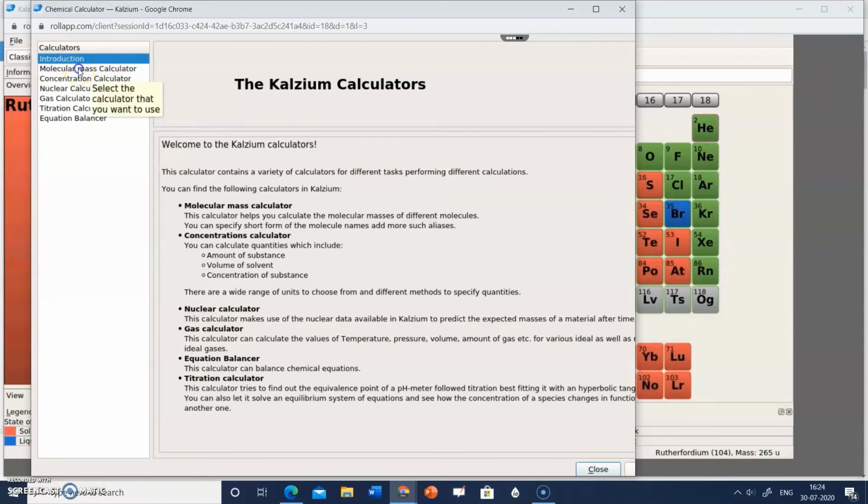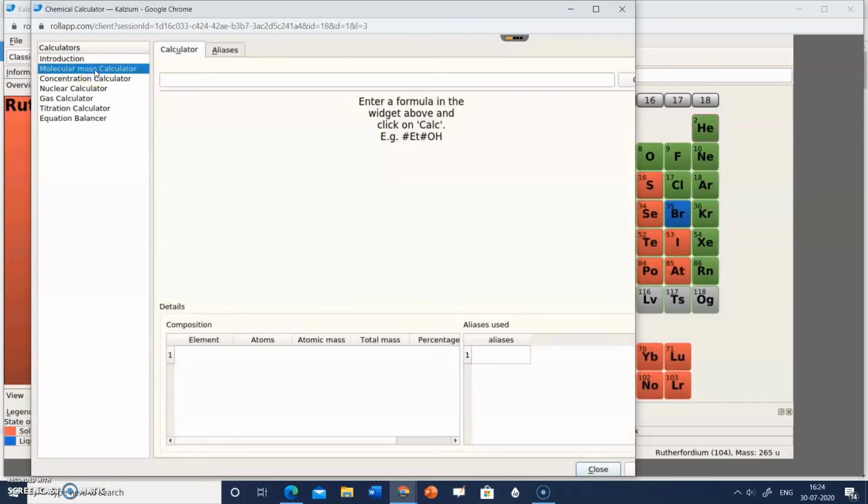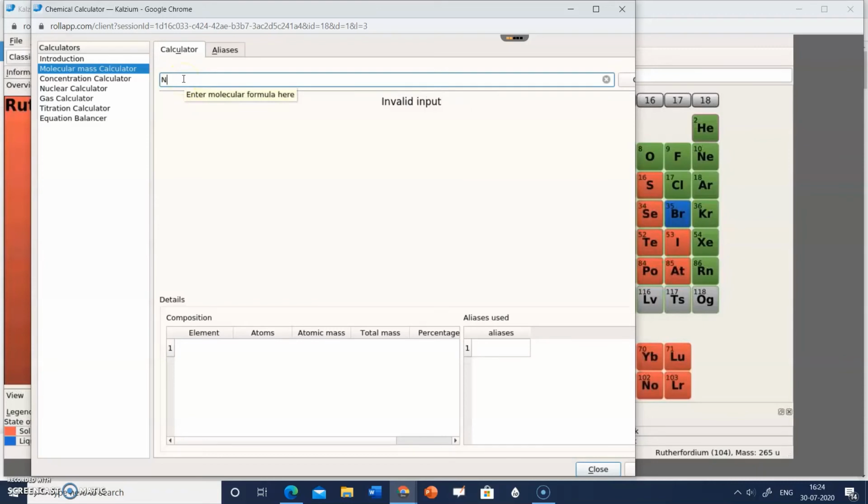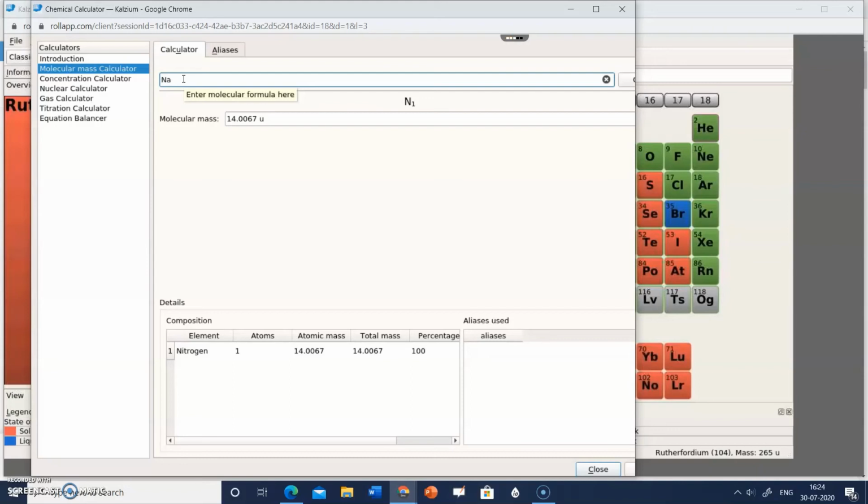If you click on molecular mass calculator, this window will appear, and in the box, for example, I want to calculate the molecular mass of sodium hydroxide. So write sodium hydroxide, NaOH, and the molecular mass will appear. It will count automatically. Sodium atomic mass is this, total mass, percentage, oxygen, hydrogen. So the total molecular mass will appear.